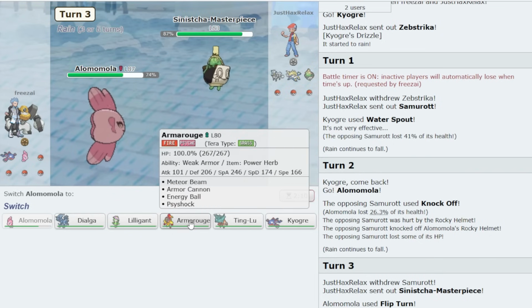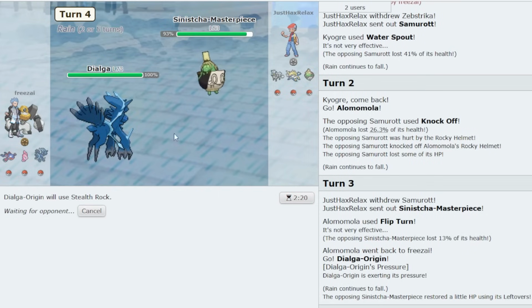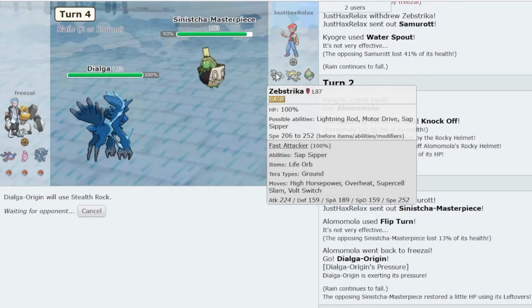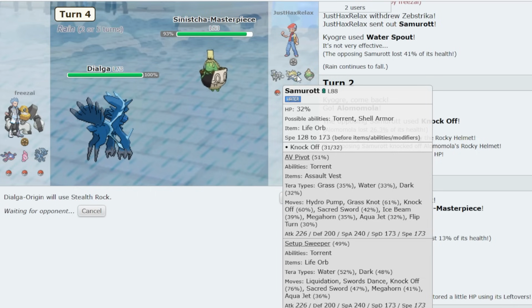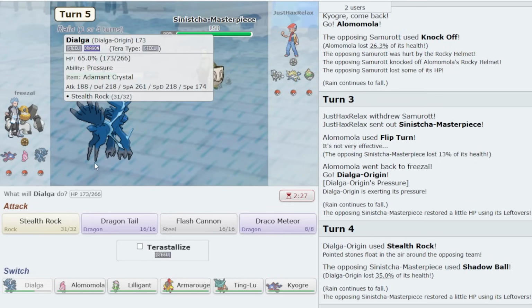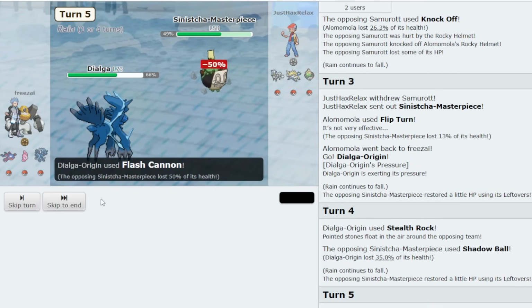AV Ting-Lu. I kind of like the idea of just getting up Stealth Rock and then Dragon Tailing. So I'm going to do that. Hazards are always good, and we know they have Pokemon weak to hazards. Leftover Sinistcha, Life Orb Zebstrika, Life Orb Samurott. Yeah, we just want Stealth Rock. They're smart by keeping Samurott alive, because that's a sacrifice to a Water Spout later in the game. So if we get into a sacrifice war, it's not terrible. It's just annoying, because I think I can handle it though, because I have more Pokemon, but